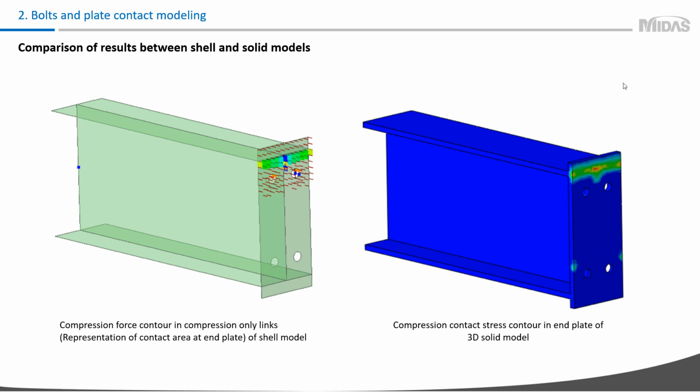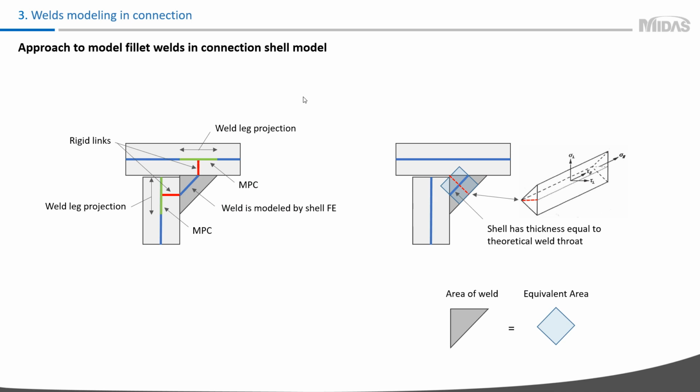And on this slide you may see the contact area models. The contact area are above the top bolts and where the top flange of beams, so the picture is similar as well. The next part is about welds modeling. Here I'll show you how to consider fillet welds in connection shell models and how to determine the strength in